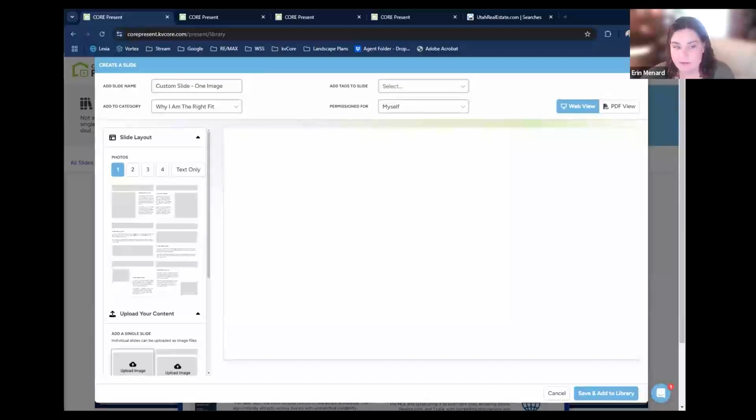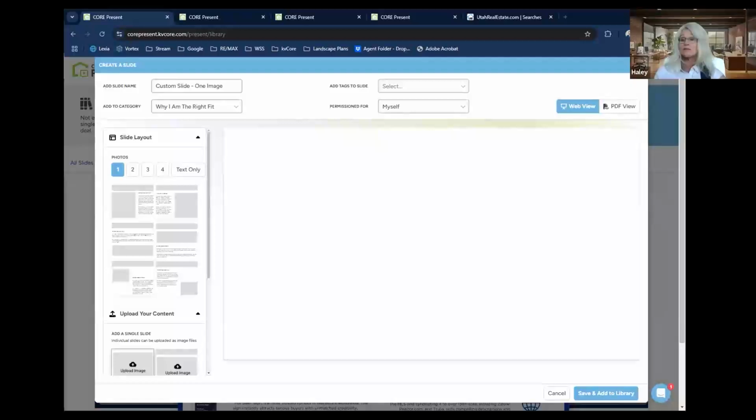Everything that we have imported for you guys, that's part of your listing presentation, or if you pay our marketing company to create one for you, we will do both. We will create it horizontal and we'll create it portrait, so that no matter if they're looking at it on their computer or they decide to print the PDF on their computer, it looks nice for them. So, I hope that answers your question, Haley. Yeah, okay. It does. Thank you.